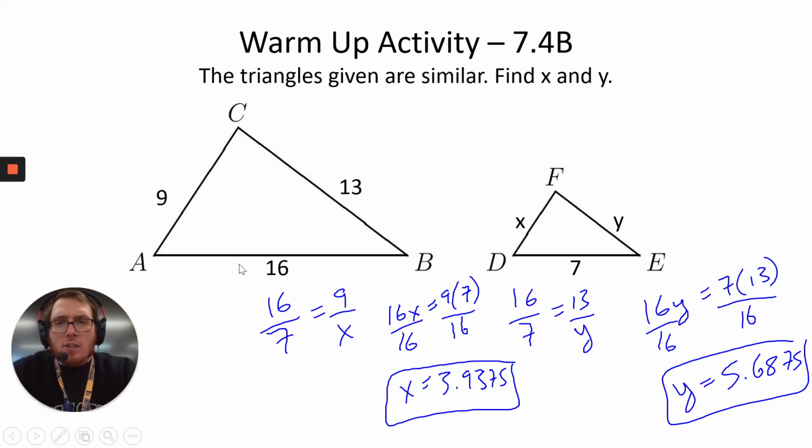So 16 over 7, big triangle to small triangle, equals 9 over x, because 9 is the long side and x is the short side. And then I just cross multiply it, so 16 times x equals 9 times 7, then divide by 16. It's not a